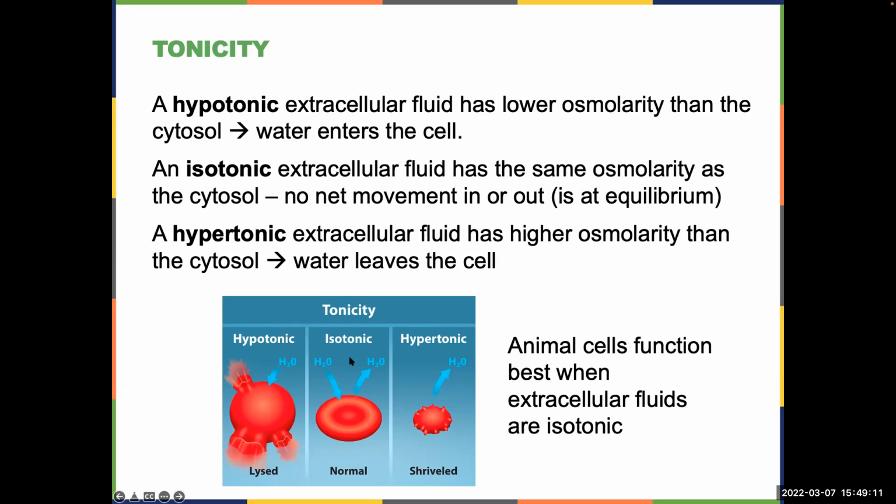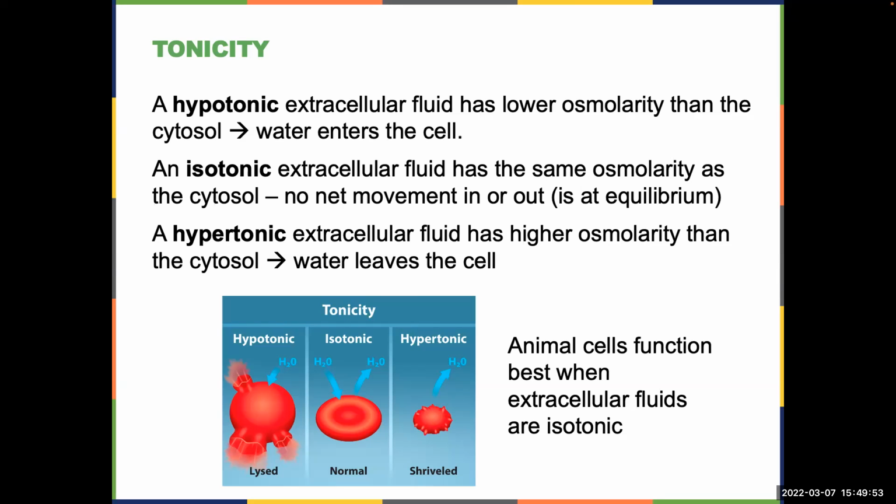Isotonic means you have the same amount of solute outside and inside. So the amount of water going in is going to be equal to the amount of water going out. And there's no change, no net flow. So it's a normal, happy red blood cell. If you put it in a hypertonic solution, there's a lot of solute outside the cell, which causes water to leave the cell, and that causes the cell to shrivel. And the technical term that you need to know for that is crenate, right? Crenate, it was written on the board in lab today. Okay,